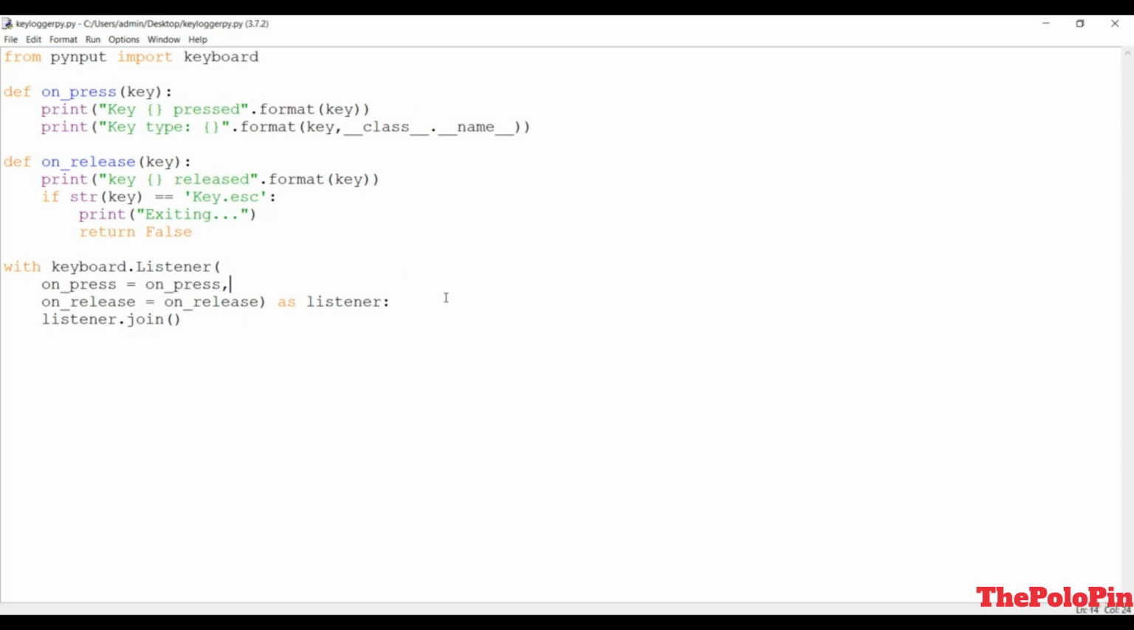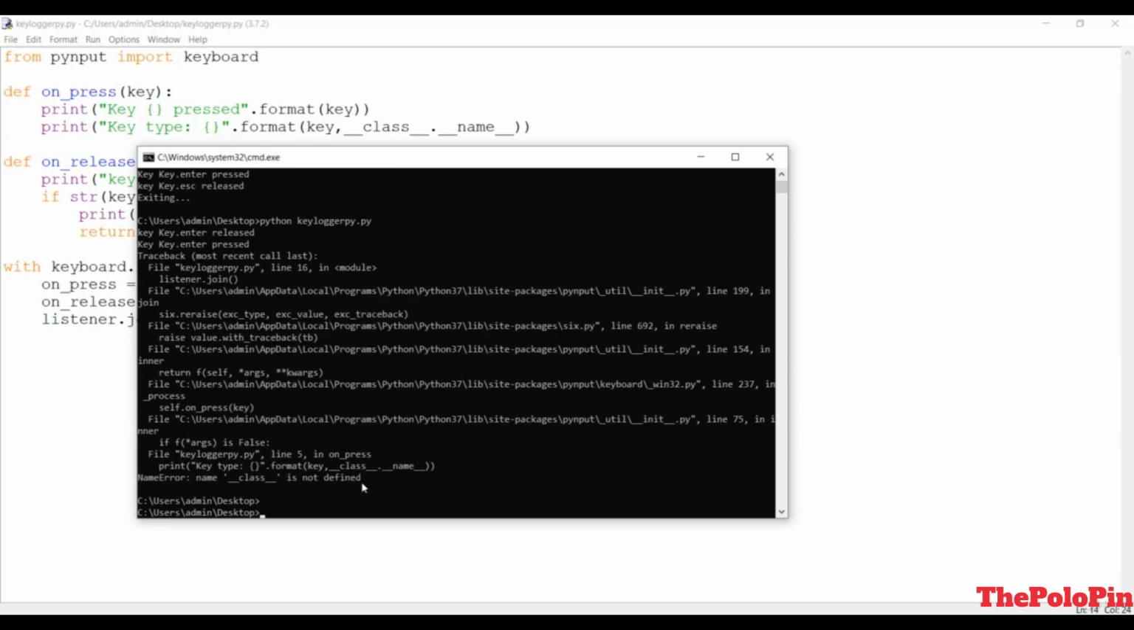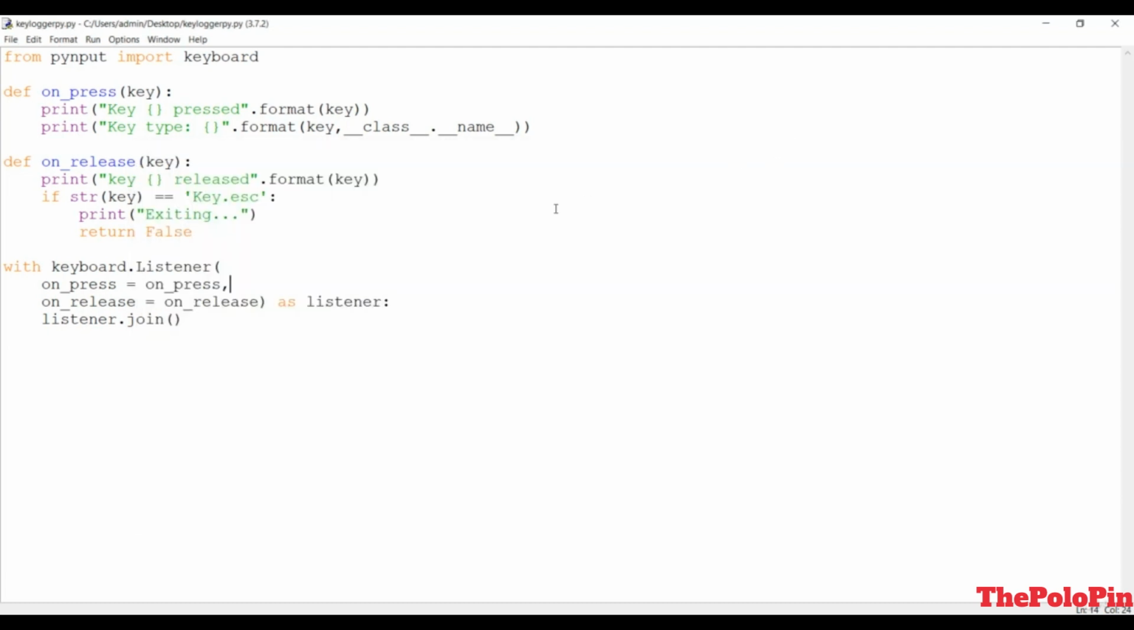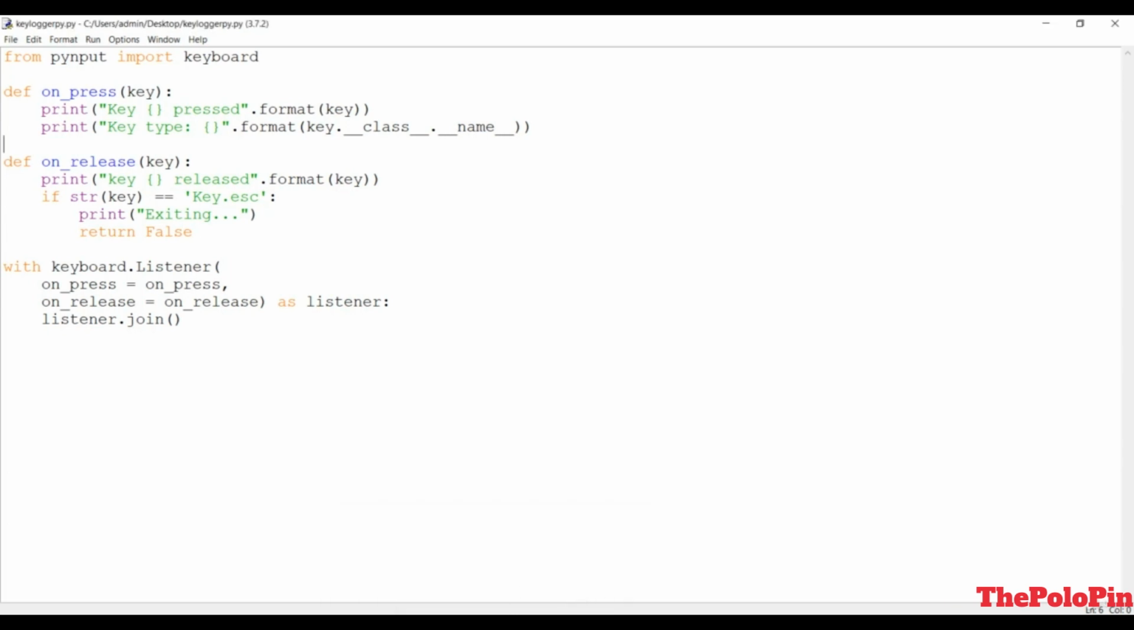So when I save this again, you have to exit it first, and now if I run the same keylogger again, it is saying that it is not defined, obviously. It was because this should be a dot over here, not a comma. So let's save this again, and let's go back to our command prompt,